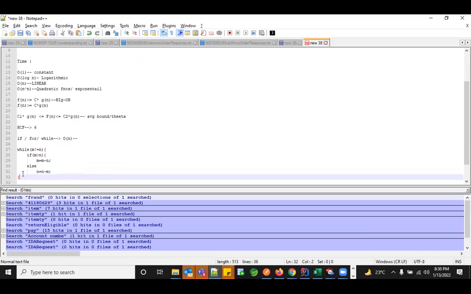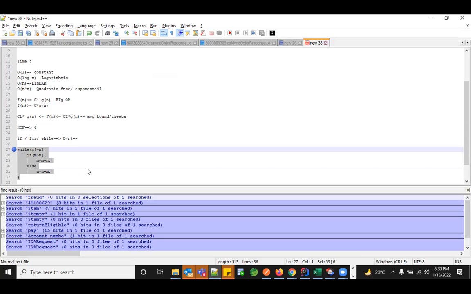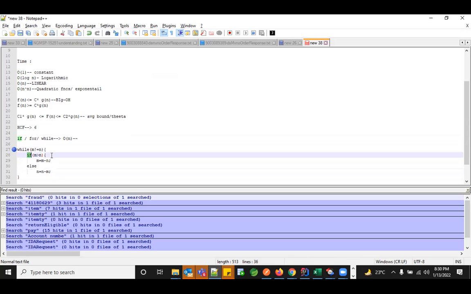In my code, if you see, I'm using a while loop, and the m and n values change every time. If I'm going to find it between two numbers, I'm going to do it every time, and the loop continues for a longer time. So in that case, this becomes O of n, based on the n number of inputs I'm passing, with continuous iteration. If it's just an if or just an else, it would be O of 1, simple, just a best case, done. But I'm using a while loop, so it becomes O of n.